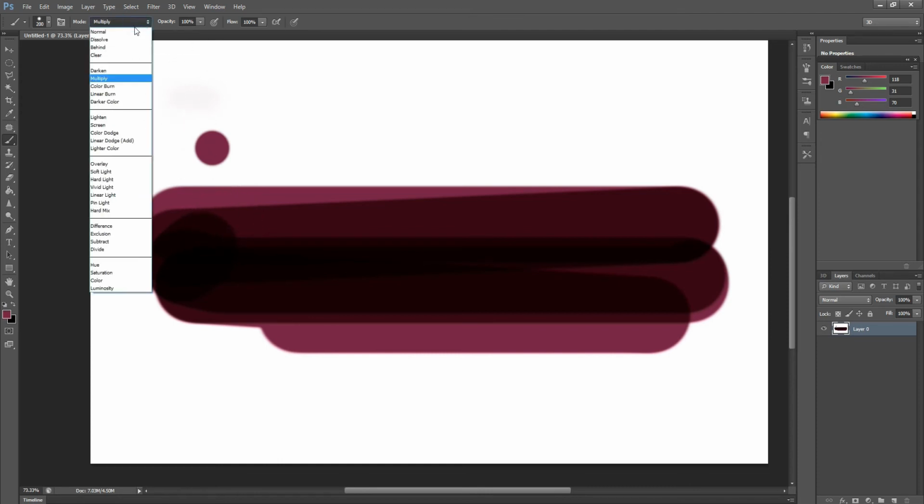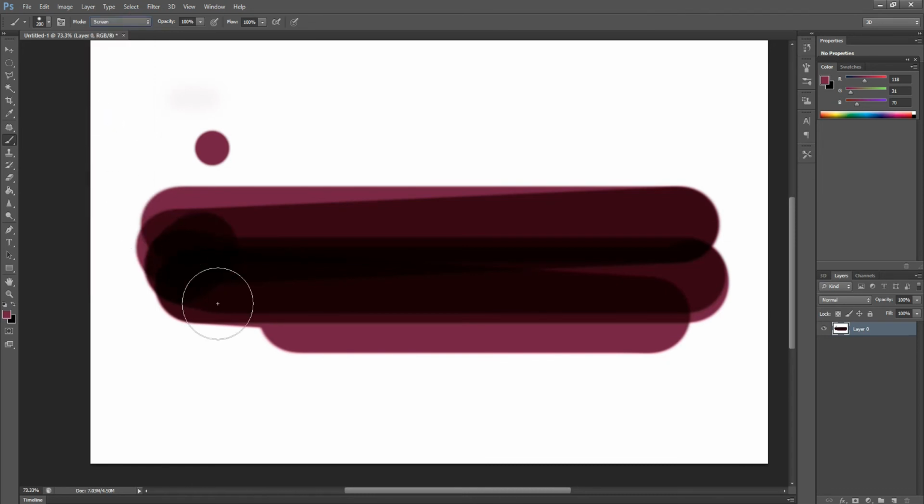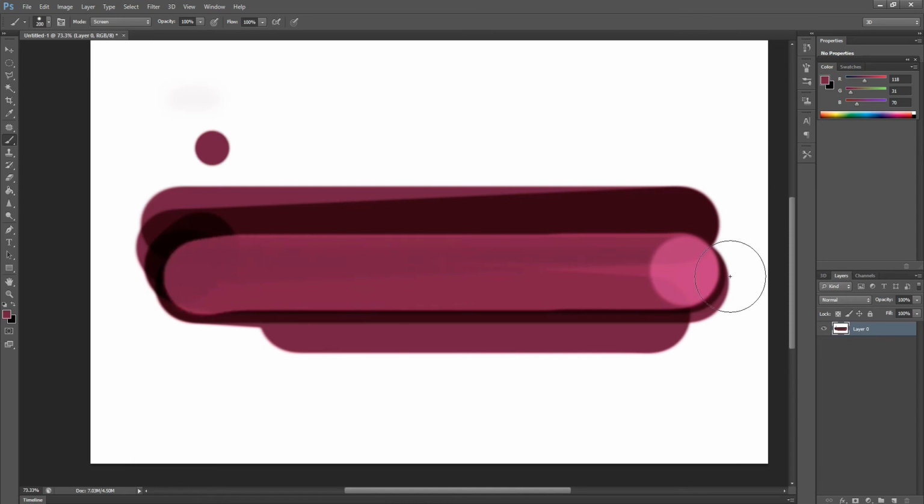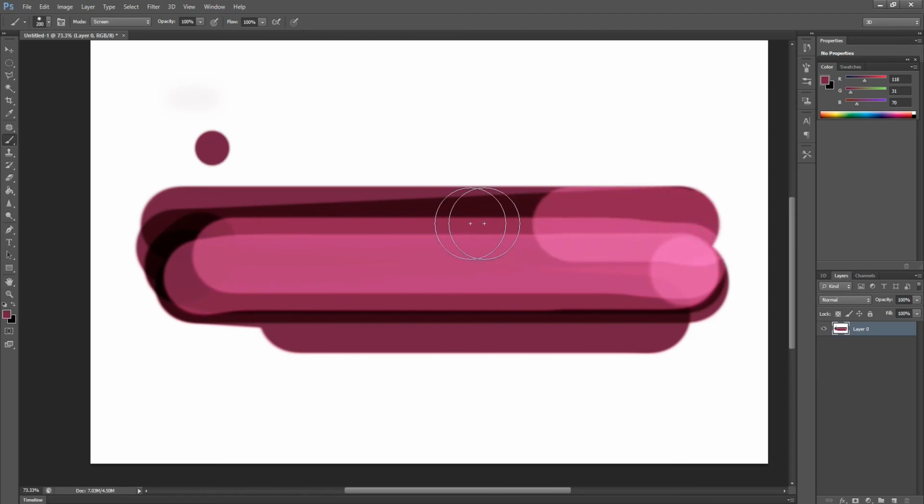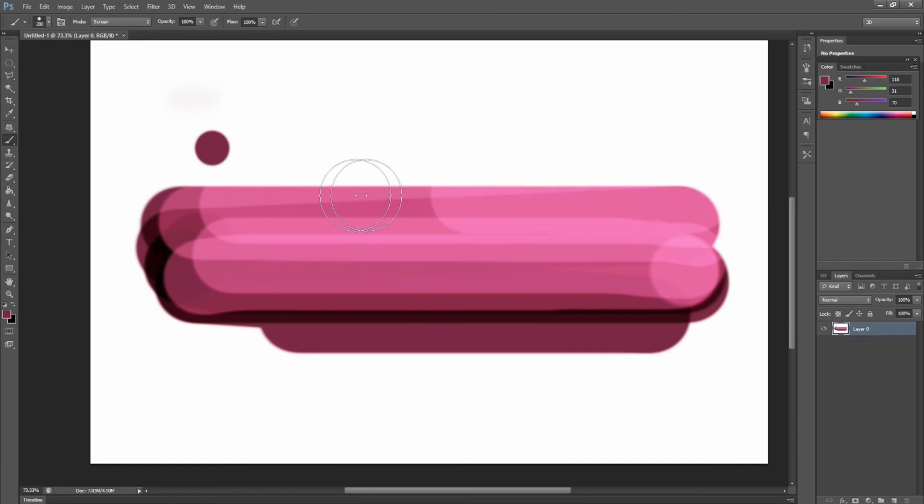The opposite of this is the screen mode. When we click on screen mode and draw again, it's going to be lighter. When we draw again, it's lighter still, and lighter and lighter the more times we draw. So it affects us when we're drawing or shading something, and we'll use all these kinds of modes.